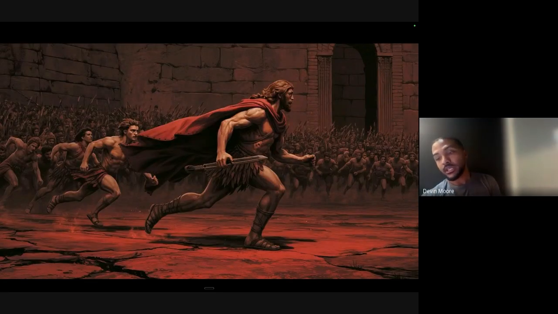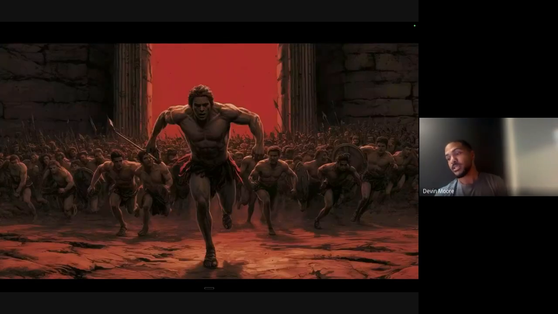Apollo sees Achilles' momentum is unstoppable and intervenes. He takes the form of a Trojan warrior and steps onto the plain. Achilles gives chase immediately. Apollo leads him on a full sprint in the wrong direction, always just out of reach. Behind them, the gates of Troy close. Every Trojan is inside. Apollo just saved the city